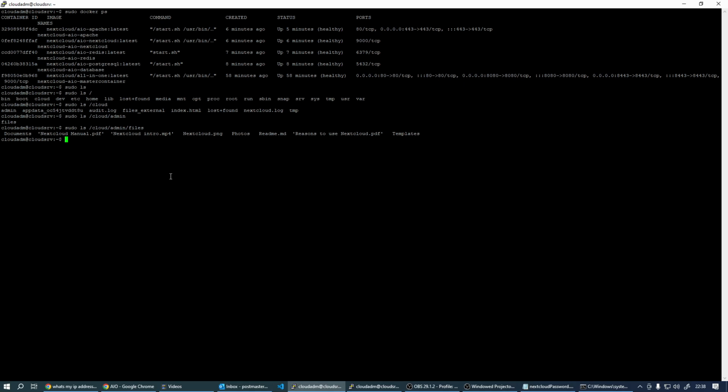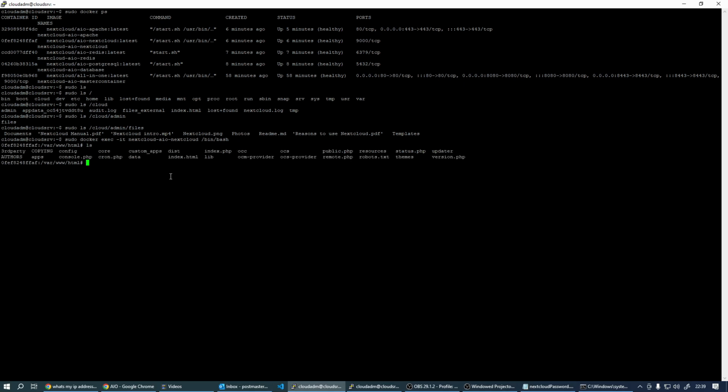So first things first, we need to get into this Docker container. So now we're inside the NextCloud Docker container. This is the root directory. Well, actually, no, it's not. It's this directory. So let's go to